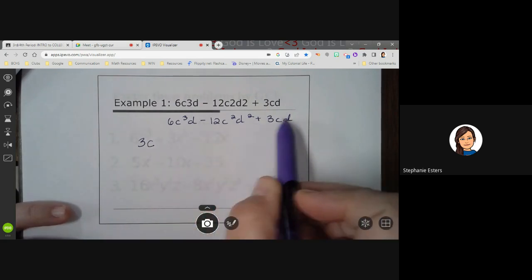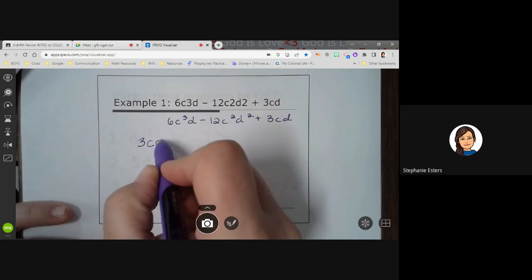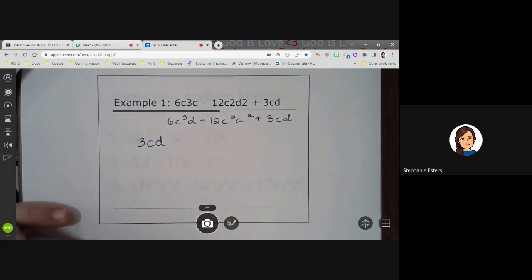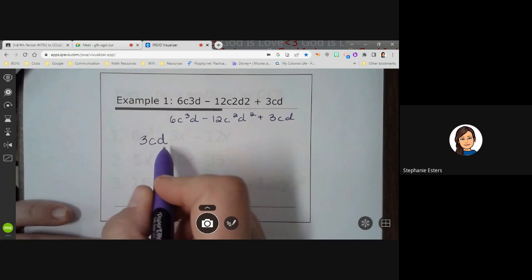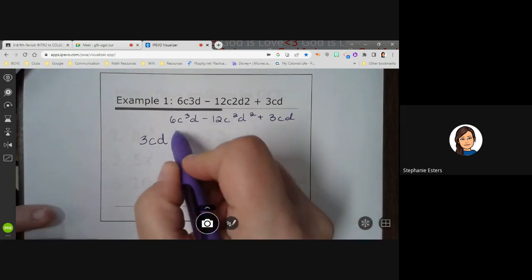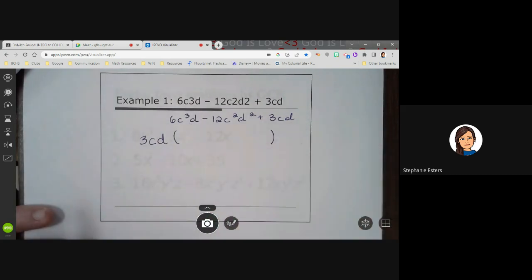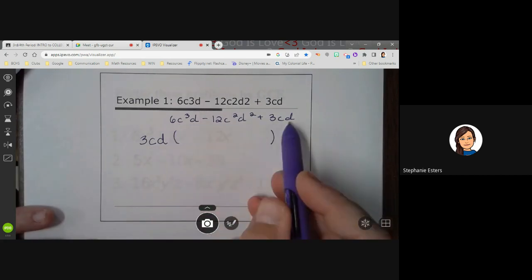D is going to be the same way. Again, this term has 1, this one has 2, this one has 1. So the most I can take away from all of the terms is d. 3cd is my GCF. The second factor in my answer is what I get when I divide the original polynomial